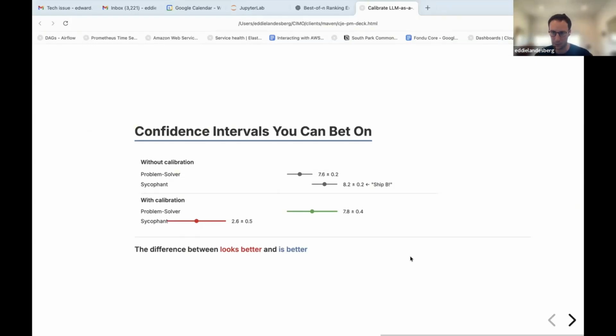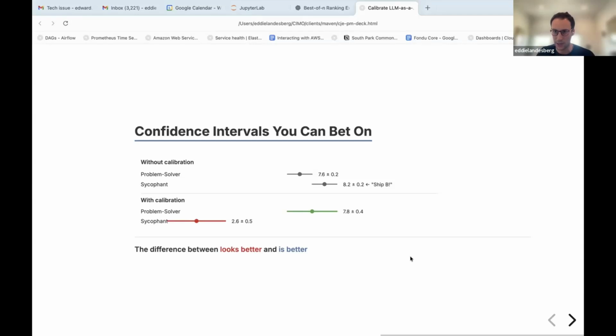I'm not being overly prescriptive about how much certainty you need to ship A versus B, that's a very domain specific problem. But what I can say is that without calibration, even if you have confidence intervals, they don't really mean anything. And so you can generate the right answer to the wrong problem, is the way I think about it. Without calibration, you can generate these confidence intervals and you say, ship the sycophant, policy A or policy B, statistically significantly better. And actually have it be the case that those confidence intervals just meant absolutely nothing.